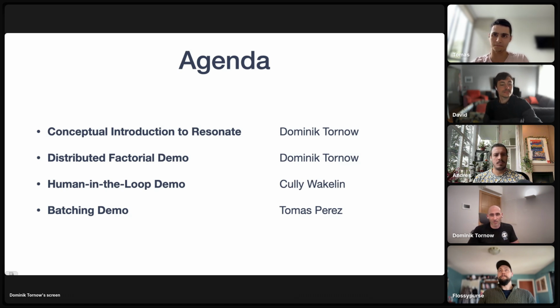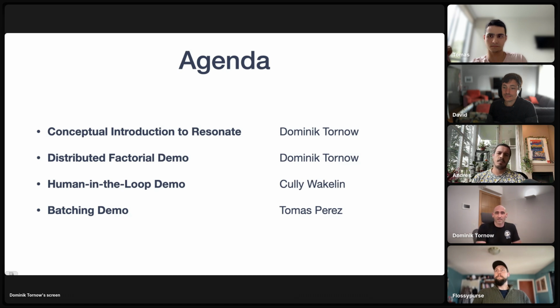Then we'll explore a few demos. I'll have a distributed calculation of the factorial numbers, then Kali is demonstrating a workflow that shows some human in the loop steps, and then Thomas is going to show us a workflow that demonstrates some batch processing steps.